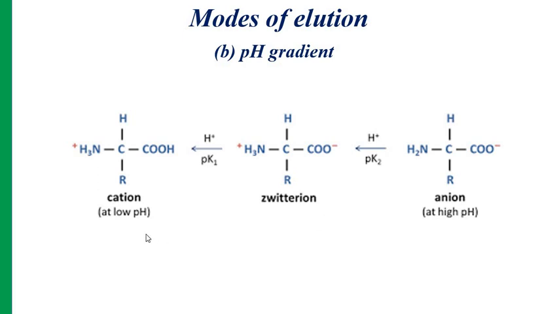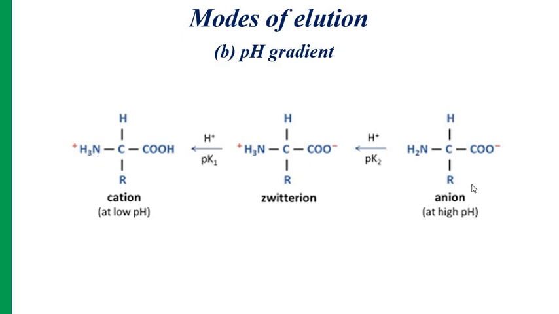At times the amino acids carry a positive charge or a negative charge or null charge depending on the pH of the medium. When the pH of the medium is low, there is a high concentration of hydrogen ions, as a result of which the amino group accepts the proton and becomes positively charged. Hence, the amino acid at low pH is highly protonated and is positively charged. It behaves as a cation and the amino group is its basic group.